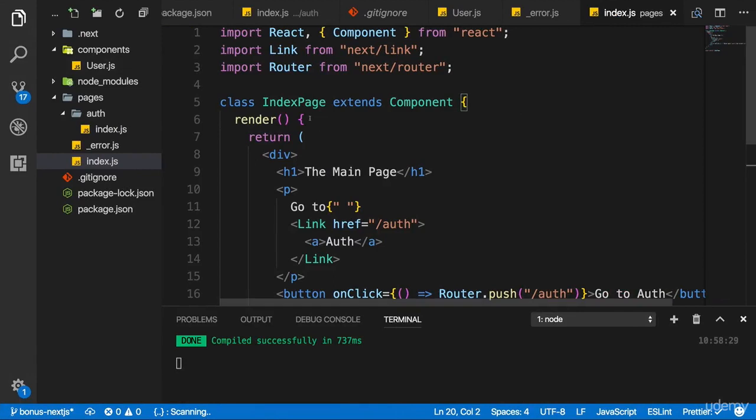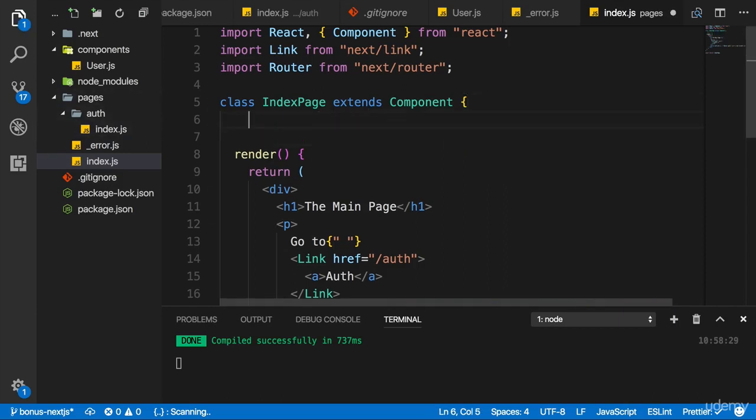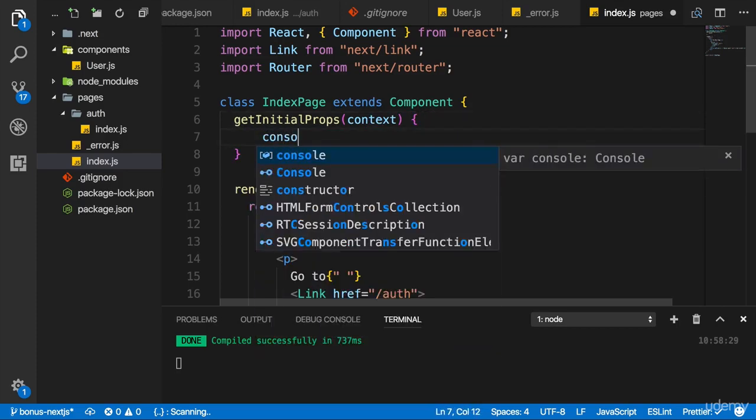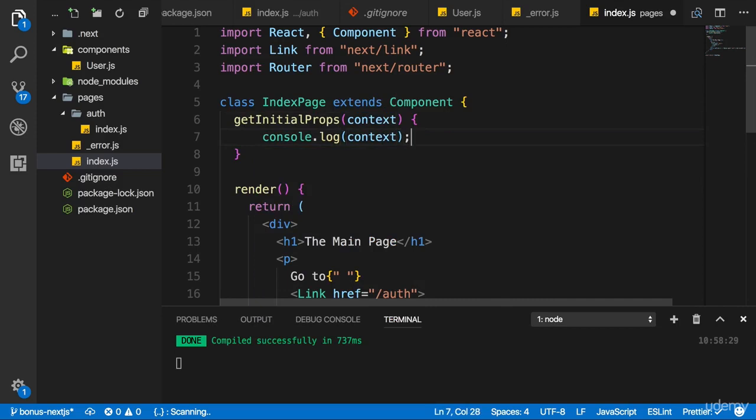Now we're using a class-based component, and that's one thing I wanted to show you. I also want to show you a special lifecycle hook you can use though. And unlike the React lifecycle hooks, that lifecycle hook would even be available in functional components. I'll show you how to use it there too, but let's start in the class-based one. It's called getInitialProps, and it'll receive an argument which describes the context of your application. Let's simply log context to see what's inside of that and when this gets called.